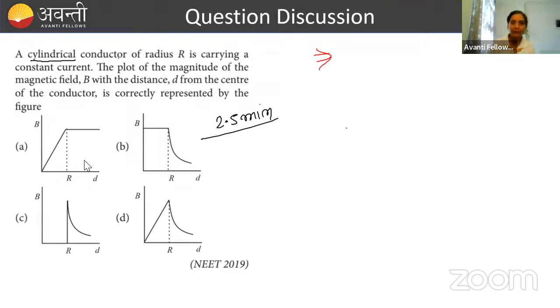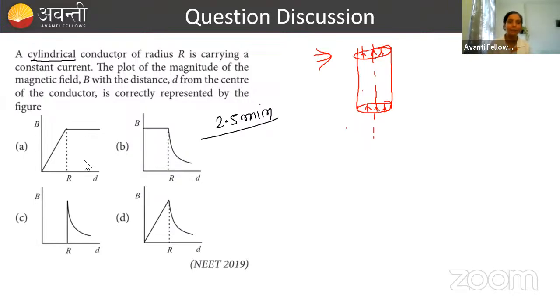Seriously. A cylindrical conductor of radius r. एक हमारे पास cylindrical conductor है and this is of radius r. Done. So this is like this. And what is happening? This is carrying a constant current. So current must be flowing like this throughout and coming out like this, right? So I amount of current is flowing, suppose. Now the plot of magnitude of magnetic field B with distance D from the center of conductor is represented as